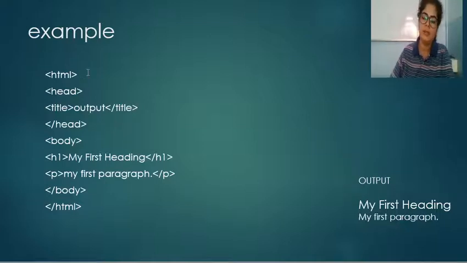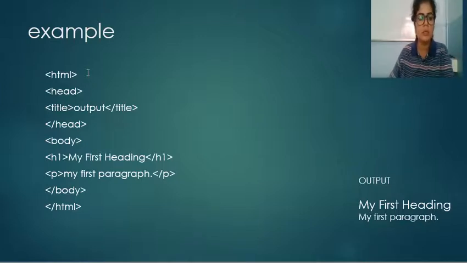See students, whenever you have to create a web page, you have to write the code in the notepad. In the notepad, I have taken an example here by typing in the notepad. So what you have to do is create the file in the notepad. After typing the code, you have to save that file. You can save that file on desktop, or you can create a folder. While saving the file, you have to type the extension .html after the name of the program.